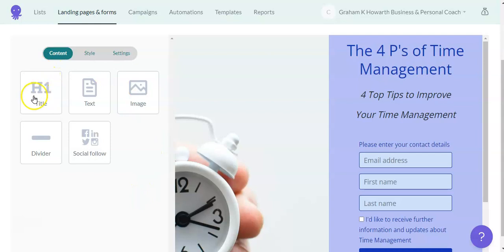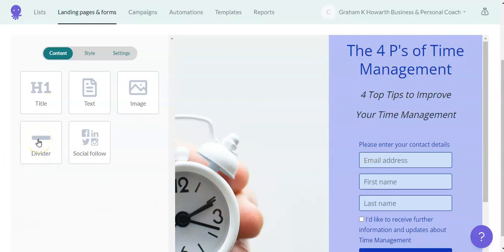We can add additional titles, we can put more text in, we can add a separate image, we can add dividers which will help to break it up a little bit, and we can add further social media links to the form. Okay, let's first of all look at how we can use dividers here just to break up the form a little bit.